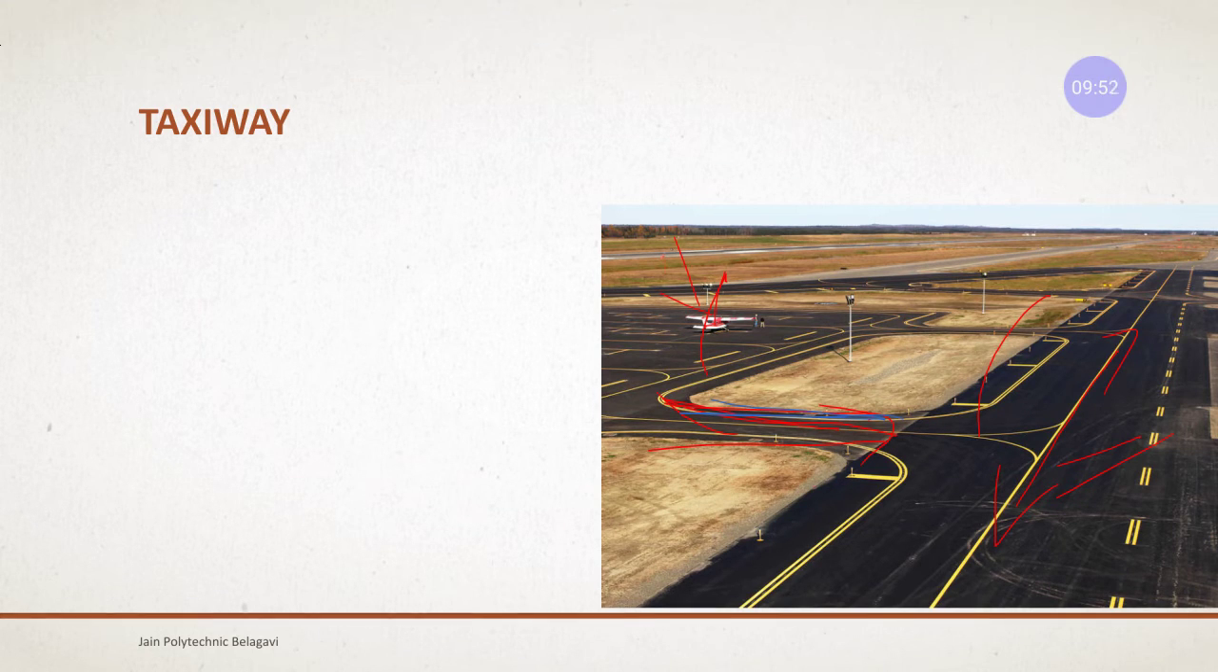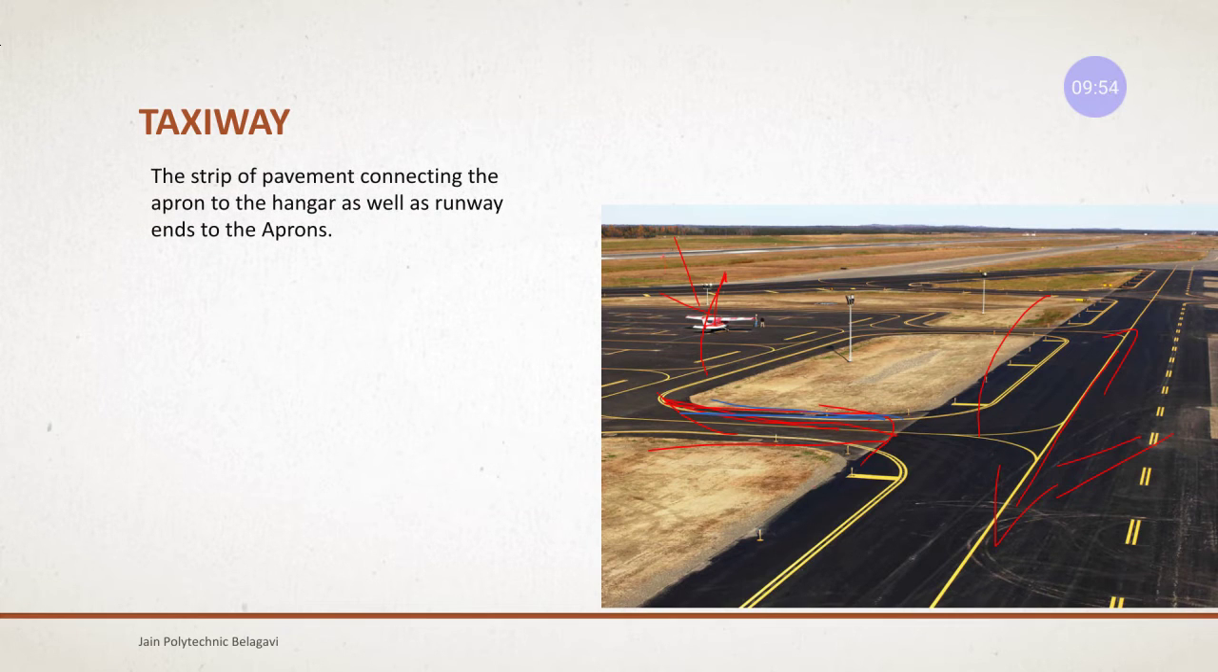The strip of pavement connecting the apron to the hangar, so it might be to the apron or to the hangar. Okay, what is hangar? That also we will be studying, as well as runway. See, there are various terms you will be discovering point by point. So just understand what is hangar. That is that it will be connected to the apron as well as to the hangar. Okay. Next, we will study about